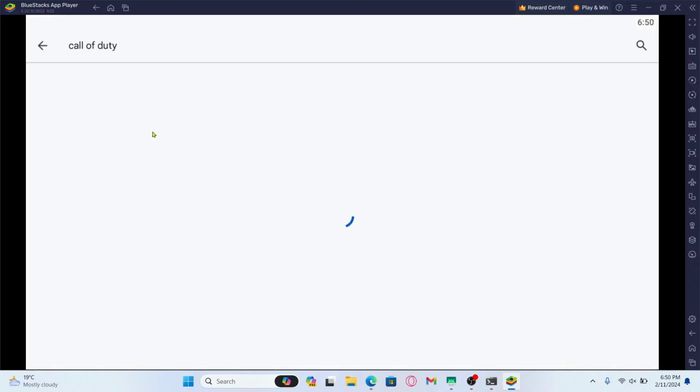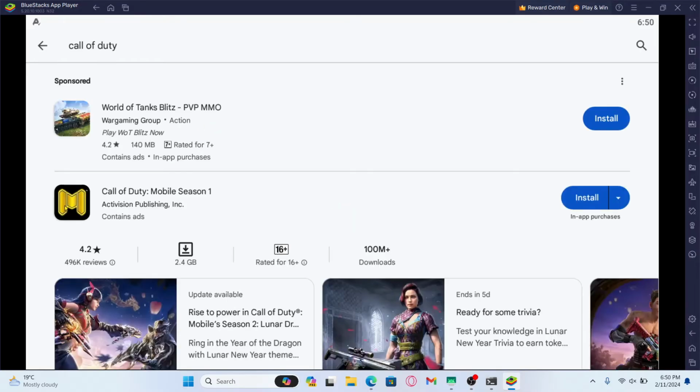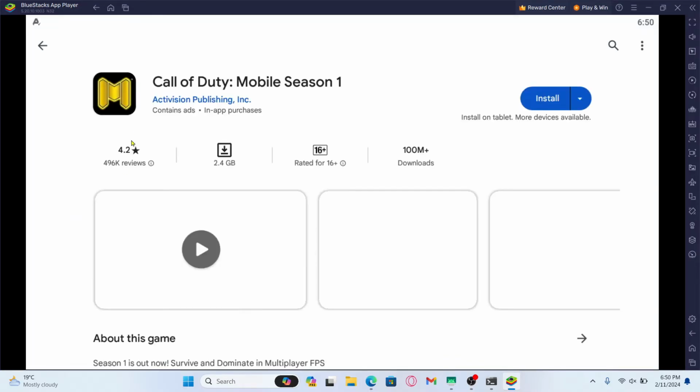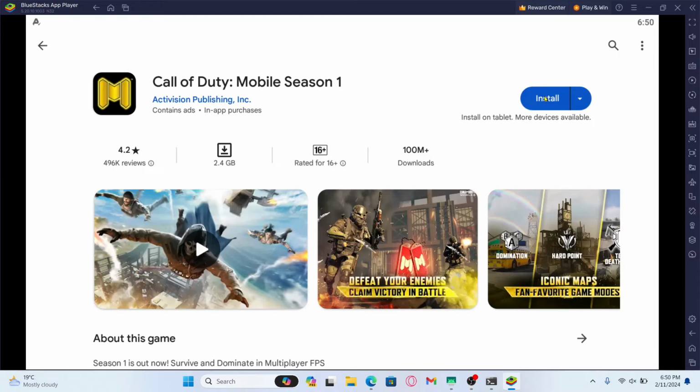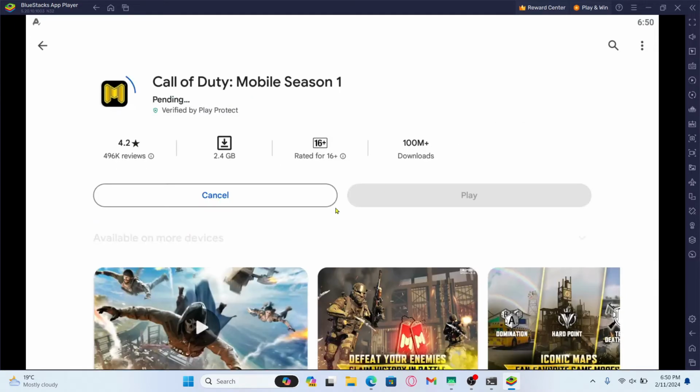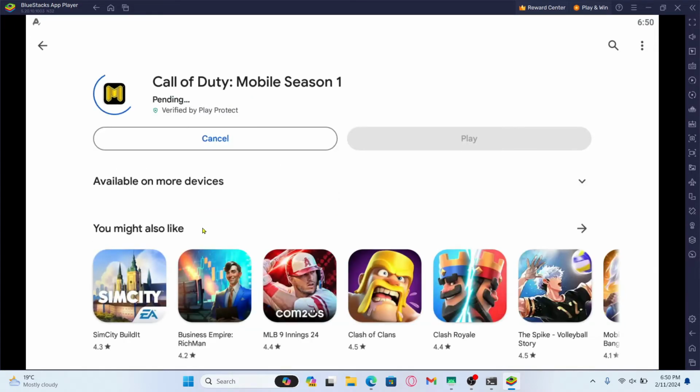Just type in Call of Duty and begin your search. Now once you find the Call of Duty game, go ahead and tap on it and you will see the install button. Tap on install and this will begin the download and installation of the Call of Duty game on